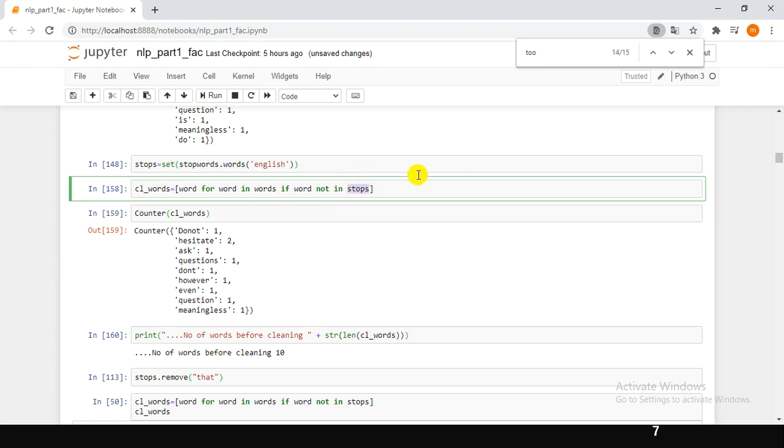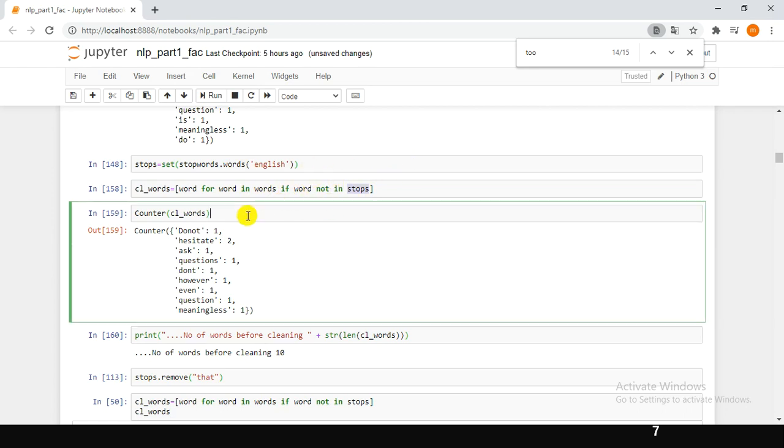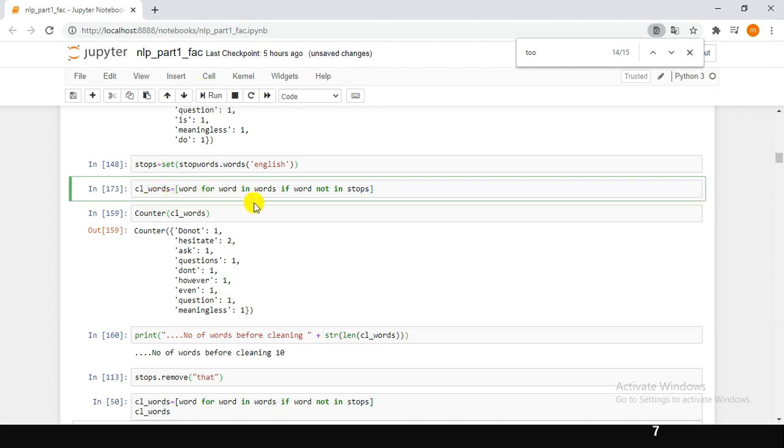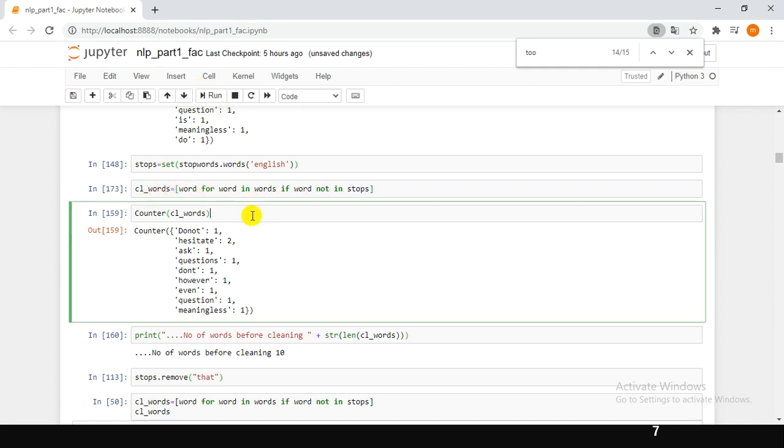While you extract each element from the list words, using the if condition, we are discarding the stop words. So the cleaned words list has the cleaned text in it, which means it doesn't have the stop words in it.